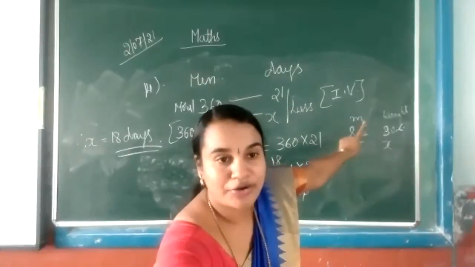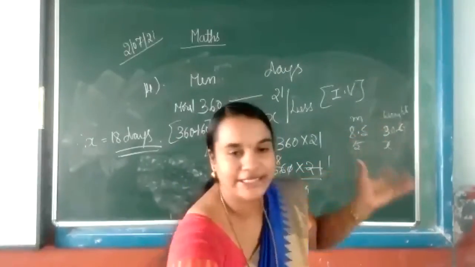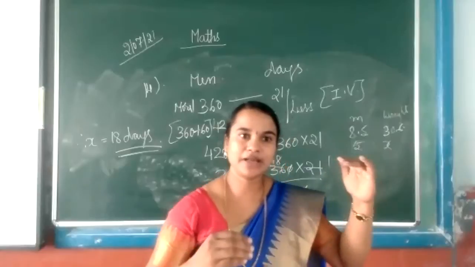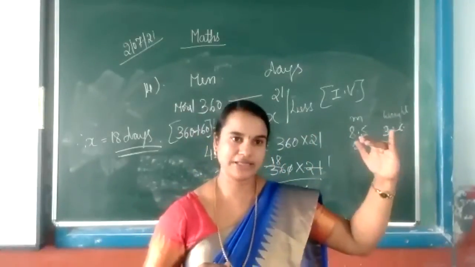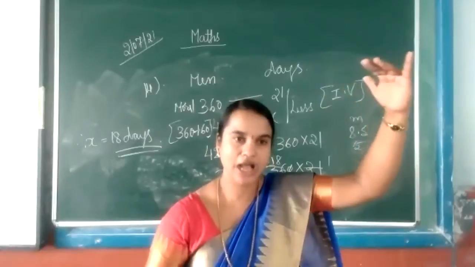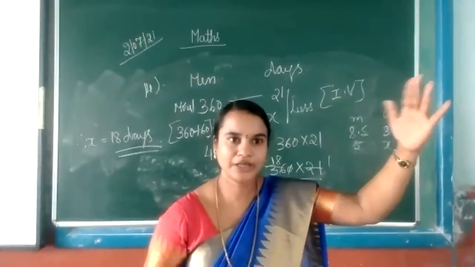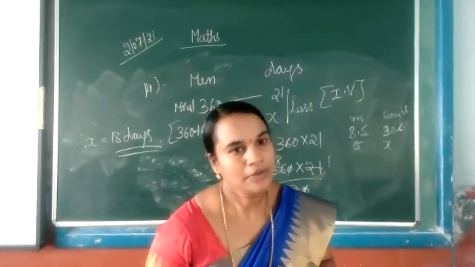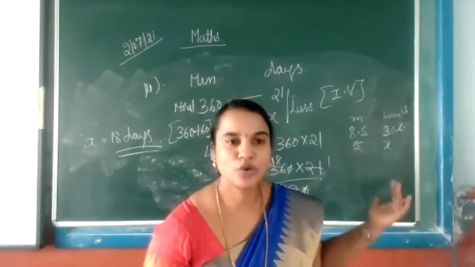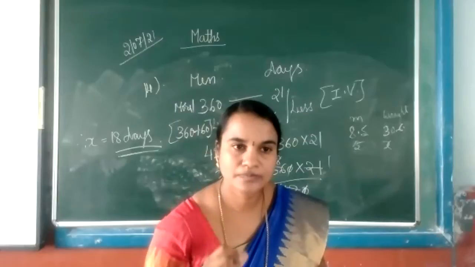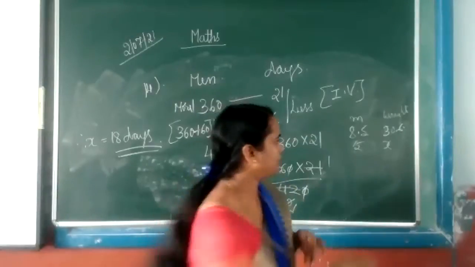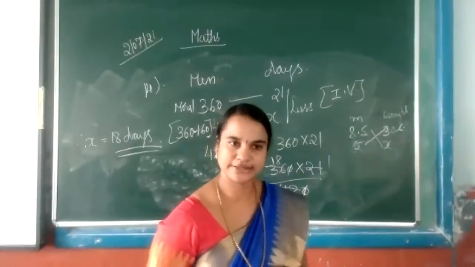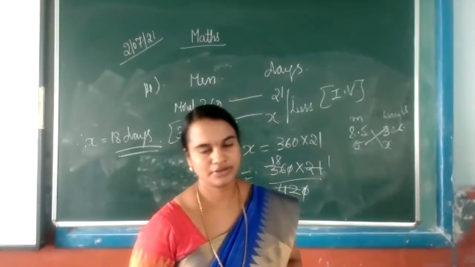For the 8.5 meter road, the weight is 30.6. Compared to you and your brother, if his height is 3 feet, his weight is 20. Now your height is a little more compared to your brother, so your weight will increase or decrease? Increase. It is more than your brother's, isn't it? So which variable is this? Direct. Yes, direct variables. That means you have to do cross multiplication: x into 8.5 and 5 into 30.6. You will get the answer. Okay, ma'am. Thank you, ma'am.